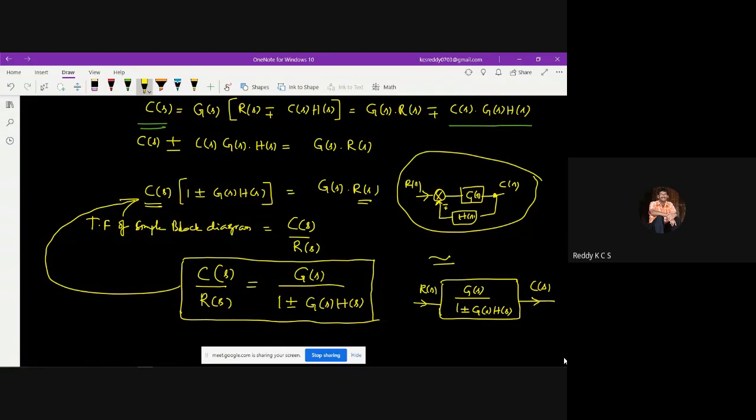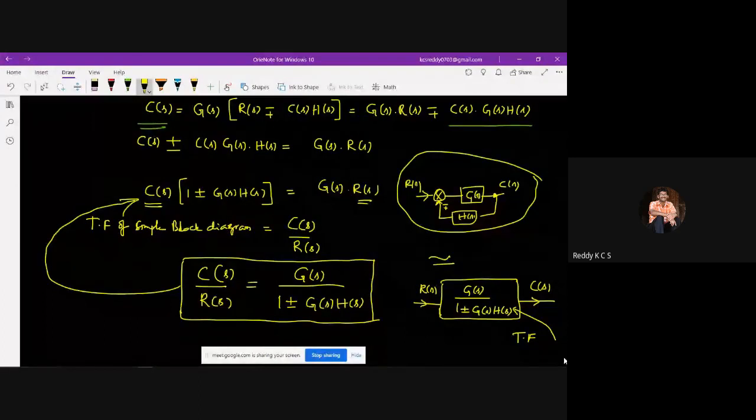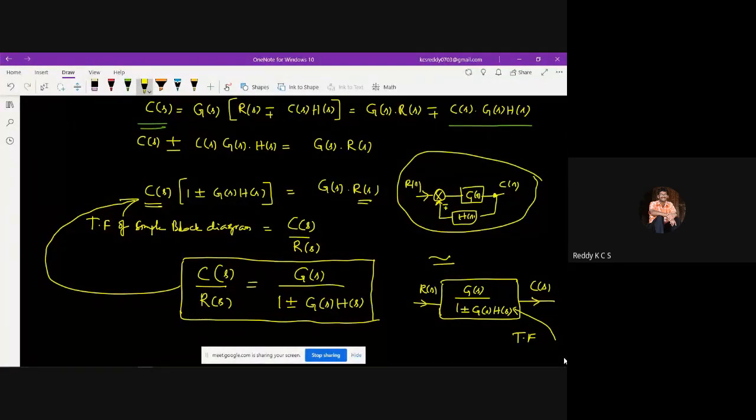This is how we need to reduce complex block diagrams into a simple form. Afterwards, we can reduce to this single block, which is the transfer function. Whatever you represent inside here is called a transfer function. So this is the transfer function of the given block diagram. This is how to reduce to a minor loop, or how to reduce to the simple form, the canonical form of a block diagram from the given complicated block diagrams.